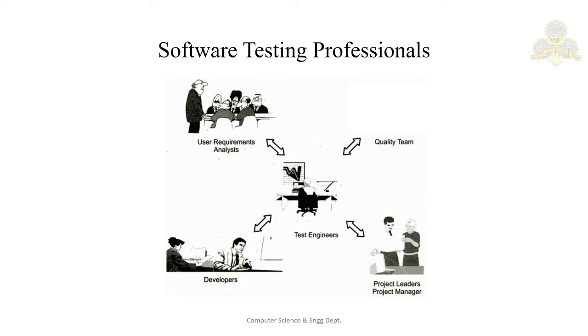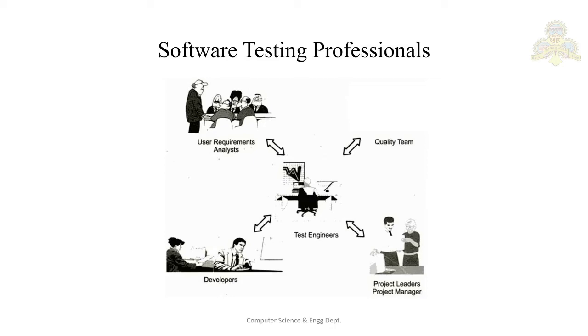However they achieve this status, to achieve it you need to really work hard. As you can see from the diagram, test engineers have to interact with many other groups in a project to carry out their work, such as the analyst, developer, software quality assurance team, project leaders and the managers. So, the fundamental requirement of a test engineer is to have good interpersonal skills.